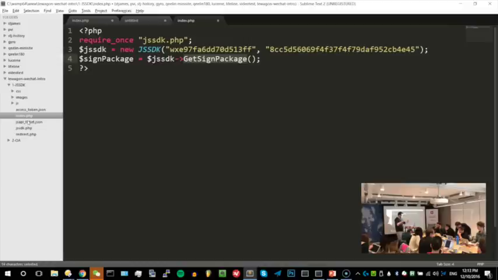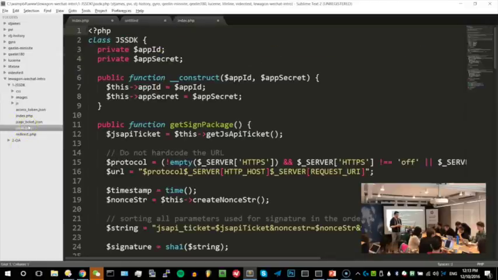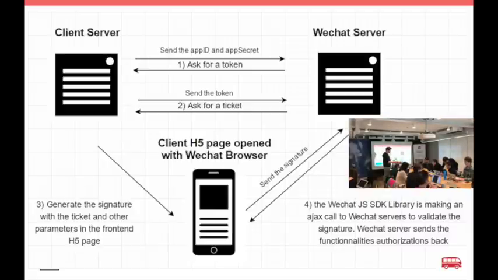We're going to do all the index.php part, and I think that's going to be enough for you. I'm just going to describe what's inside JS-SDK.php. It's a file, an example provided by WeChat. Just remember that it does all the heavy work for us. We just need to take the signature in the end. It's like a black box. In the end, we get the signature. That's all we want, and after that we can start playing with the JS-SDK.